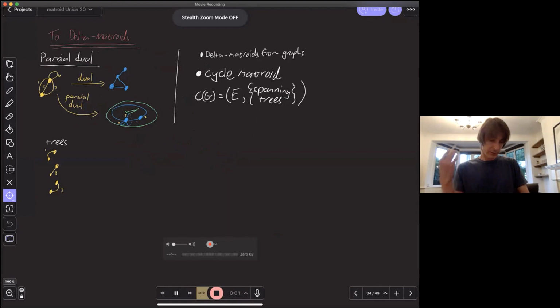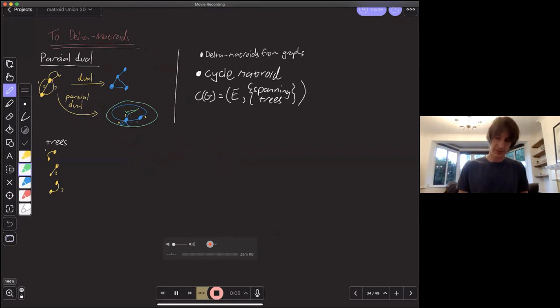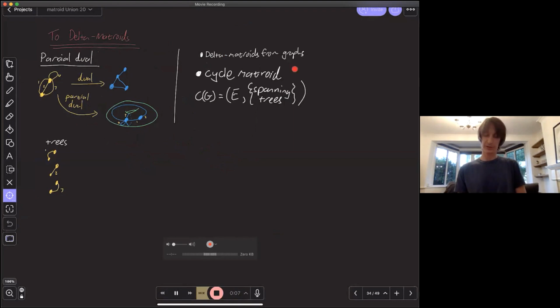Okay, so let's bring this back to the matroids. Let's think about cycle matroids. I've got my graph, I'm working in the language of bases. So my ground set is the edge set of the graph, and my bases come from the edge sets of the spanning trees. Here's my plane graph in yellow on this side, and here are the 3 spanning trees it has.